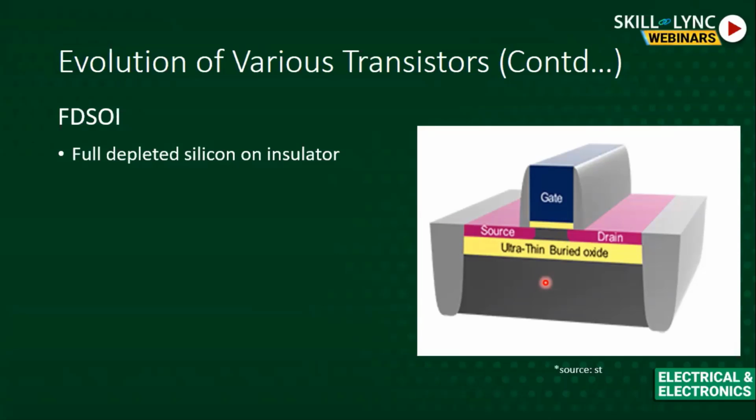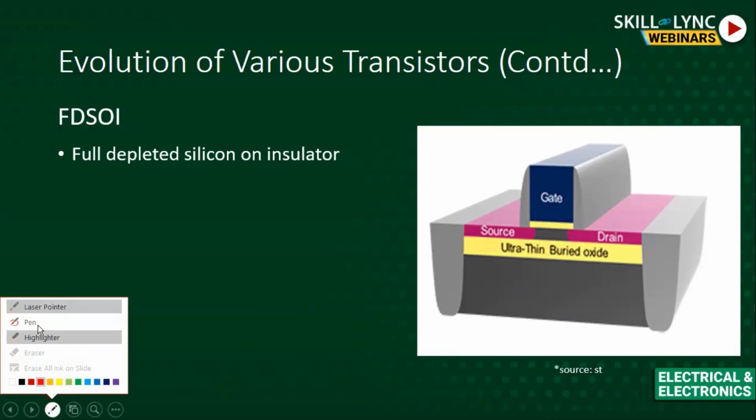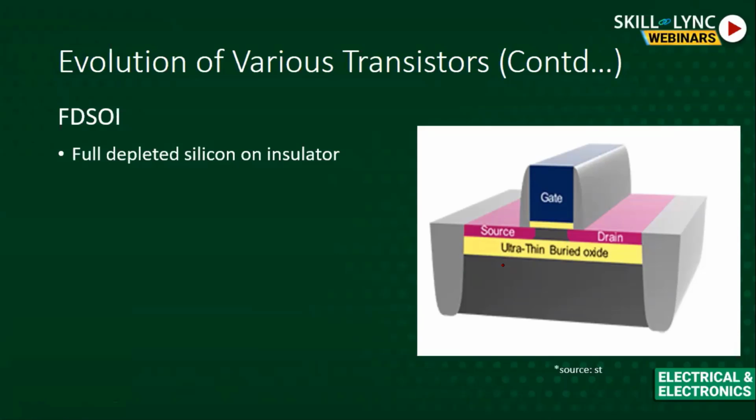At this point, I would like to explain what leakage current is. You should know that the ultra thin buried oxide acts as an insulator. This is the source and this is the drain. When we speak about the planar CMOS, we don't have the buried oxide over there, and the source and drain will look like this. The red lines which I'm drawing are similar to my planar CMOS. Assume there is no ultra thin buried oxide in between.